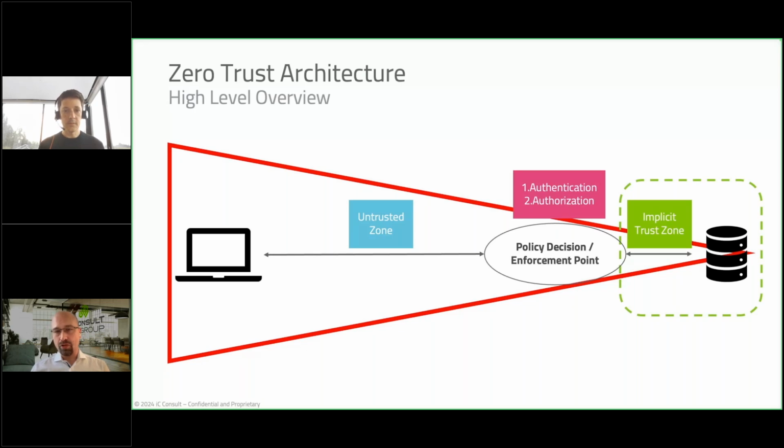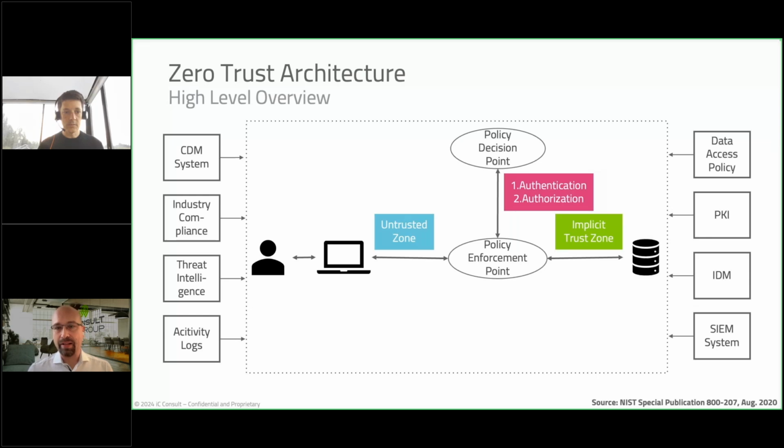Then another short recap. There's that standard architecture approach provided by NIST. There are other architectural patterns out there, but the details don't matter. The core idea here in general is the following: having a policy enforcement point that enforces access to the resources, and a decision point, which makes the decision whether the access is allowed or not allowed. And now the very important aspect comes in. This is about leveraging a lot of information that is available within your organization or from providers and partners outside of the organization, and bringing all of that together